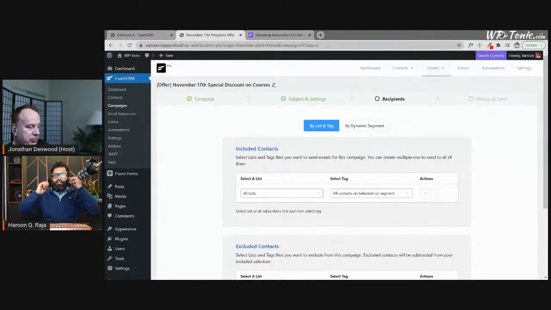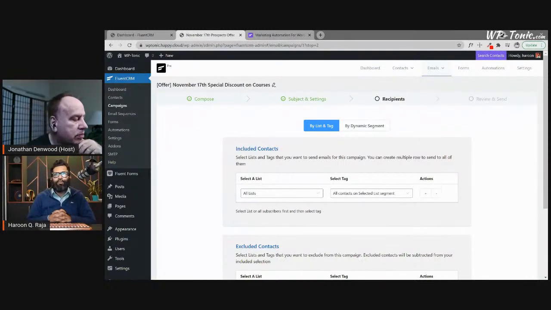And this isn't just Fluent CRM. This applies particularly to every self-hosted solution that you may use for CRM and marketing automation purposes, or even something more basic than CRM and marketing automation, something that just lets you manage lists and send email blasts to those lists. So be it WordPress native like MailPoet, or Groundhogg, or Fluent CRM, or Autonami,